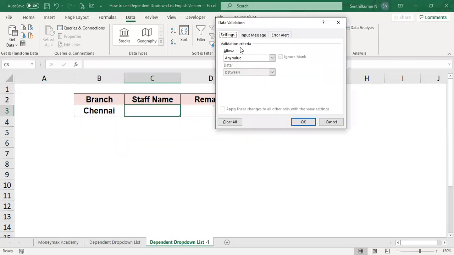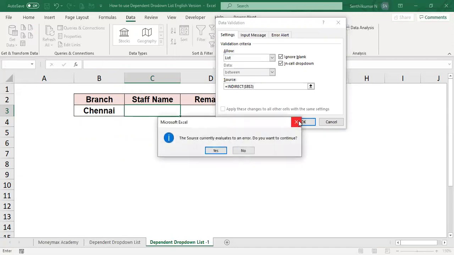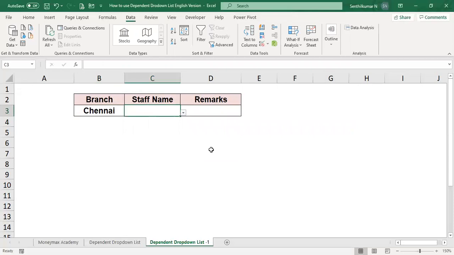Go to the data validation. Any value. Give the list. You can use the source by using the formula INDIRECT. Open the bracket, and then okay. Again it's coming as an error. Why is the error coming?